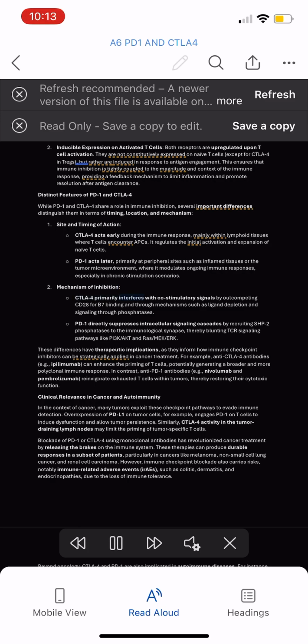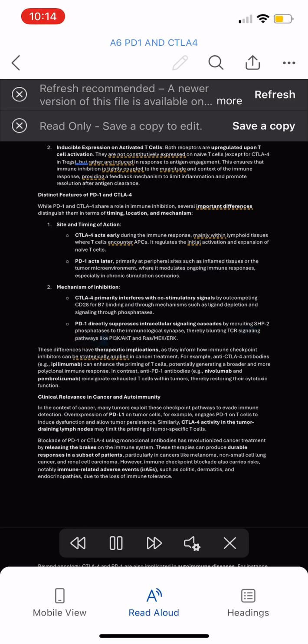CTLA4 primarily interferes with costimulatory signals by outcompeting CD28 for B7 binding and through mechanisms such as ligand depletion and signaling through phosphatases. PD1 directly suppresses intracellular signaling cascades by recruiting SHP2 phosphatases to the immunological synapse, thereby blunting TCR signaling pathways like